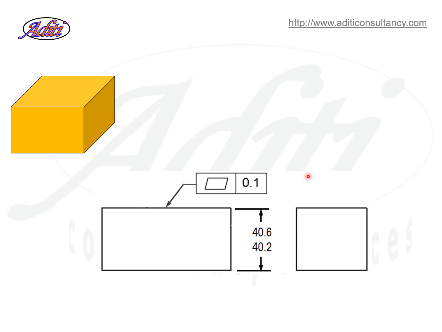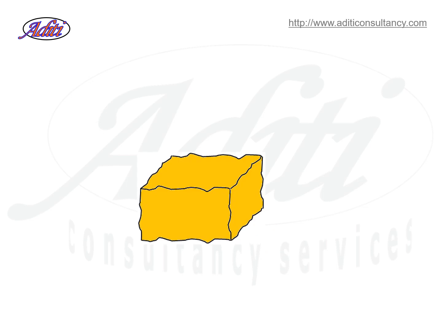Thickness you have to check like in the previous case only, and this should be within two limits. Apart from that, you also have to check the flatness of the top surface. Now there are different ways of checking flatness, but let us take one way. Let's say you use a CMM, coordinate measuring machine, where you can extract coordinates of all these points on the top surface. Now if a surface is flat, all these points will have to be in one plane.